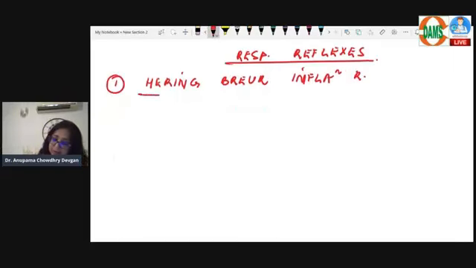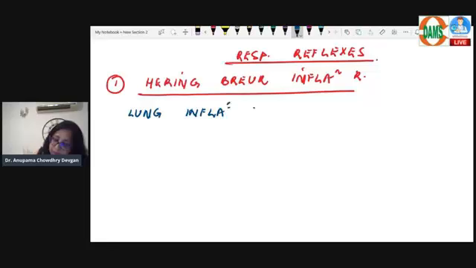Now, what is the Hering-Breuer inflation reflex? Whenever the lung inflation is more than 1 to 1.5 liters, 2 to 3 times the tidal inspiration,